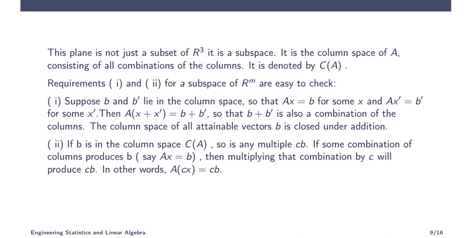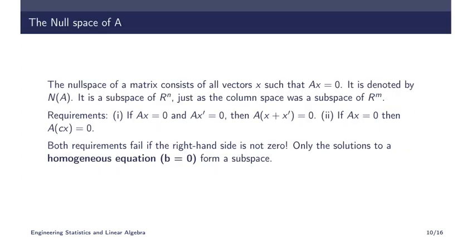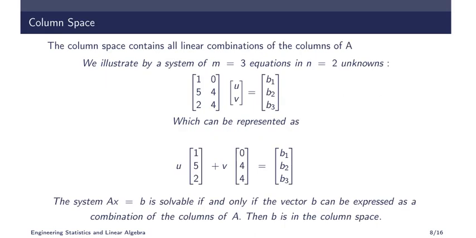So the number of dimensions of the vector will be m, because there will be m equations, that is why. Now we can define one more space called the null space of A. Now null space is nothing but the dual of the previous one. In the previous one, Ax is equal to b. If you can see here, this is an example, Ax is equal to b. The values b takes become a vector space.